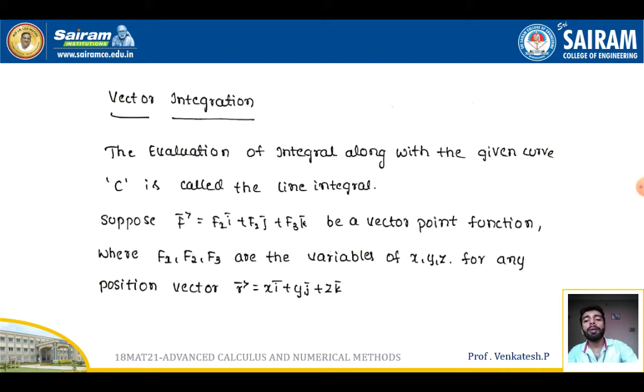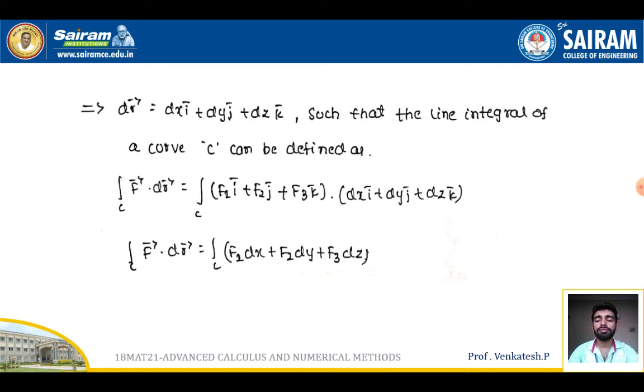For any vector r equal to xi plus yj plus zk, I'll be finding dr, which is dx i cap plus dy j cap plus dz k cap,